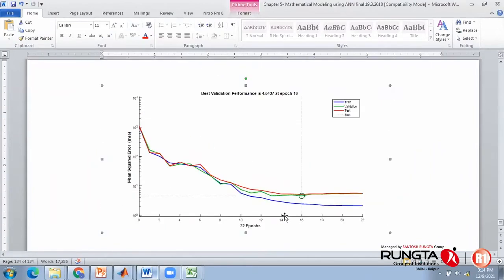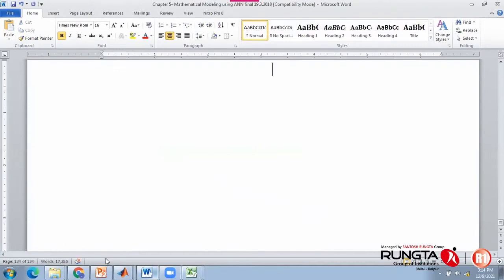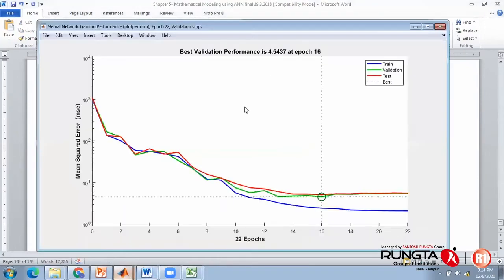So if you'd like to edit it, to change, to provide some legends or anything, I hope you're aware about it, you have already done with the data plotting tool. So you can call that in the data plotting tool and you can use that one also. So this is how we can use it.